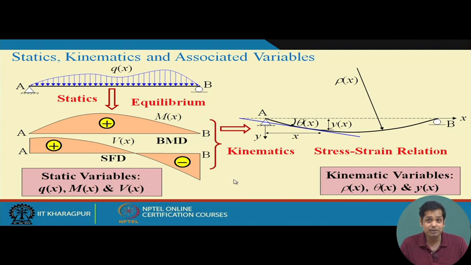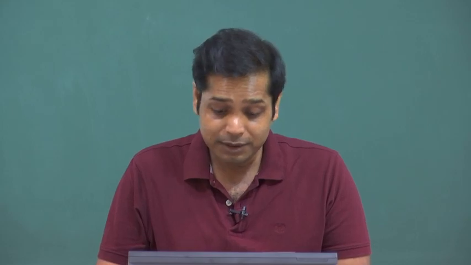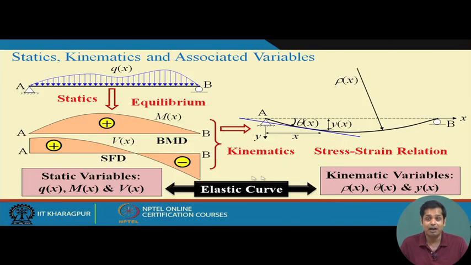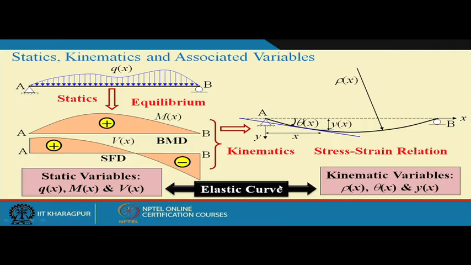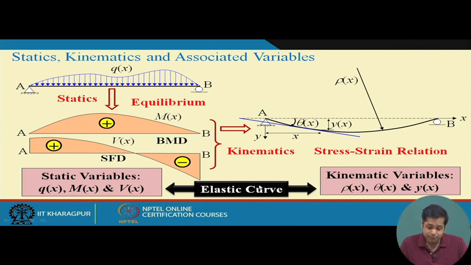Is there any relation between static and kinematic variables, and have you studied that relation? Yes, we have, and that relation is the elastic curve. The equation for the elastic curve gives you how the internal forces vary with the deflection, or in other words how the static variables are related to the kinematic variables. And if you observe from last week, whatever methods we studied for determining deflection of beams, in almost all of the methods it is essentially